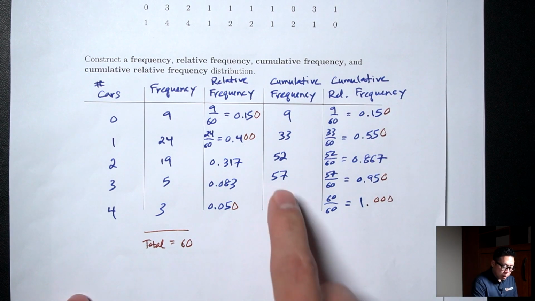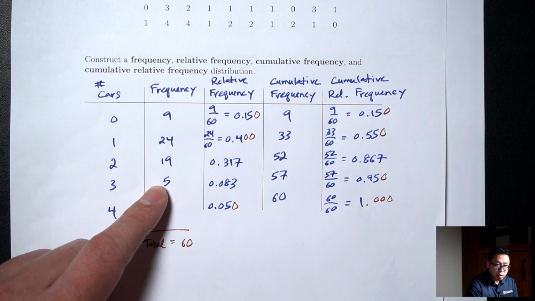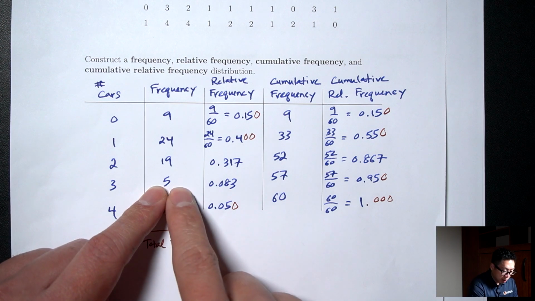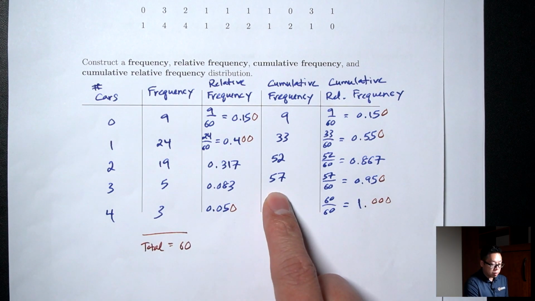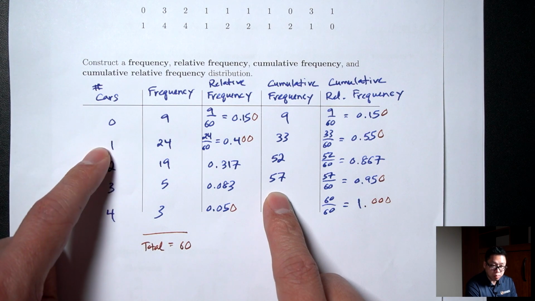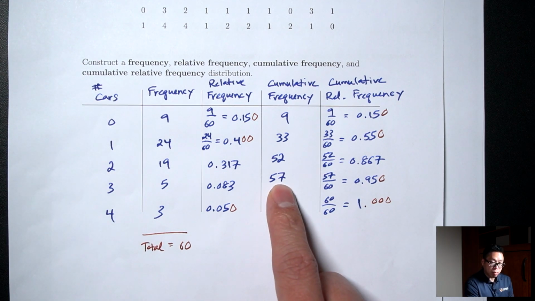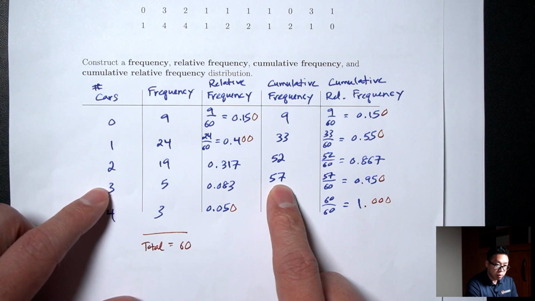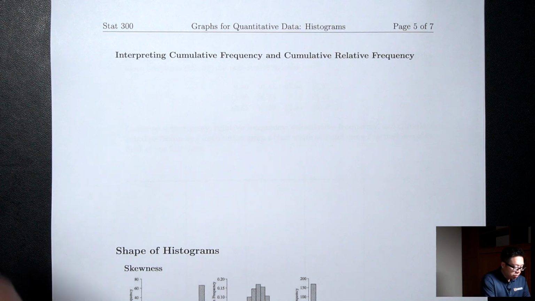Now, this 57, remember, how did we get this 57? We got this 57 by adding the 5 with everything before it, right? So we did 5 plus 19 plus 24 plus 9. So this 57 is not just counting the number of people that have 3 cars. It also includes the number of people that have 2 cars, 1 car, 0 cars. So this 57 is counting the number of people who have 3 cars or less, okay? So we're gonna write